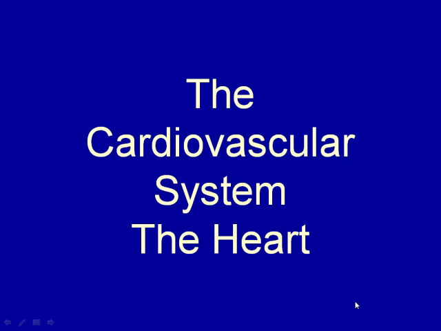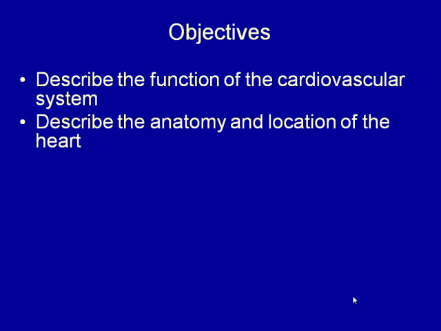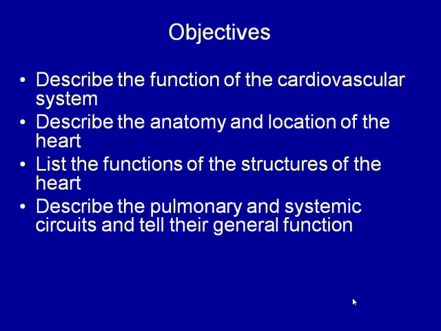As we start to look at the cardiovascular system, we're first going to focus on the heart. The objectives for this section are be able to describe the function of the cardiovascular system, describe the anatomy and location of the heart, list the functions of the structures of the heart, describe the pulmonary and systemic circuits and